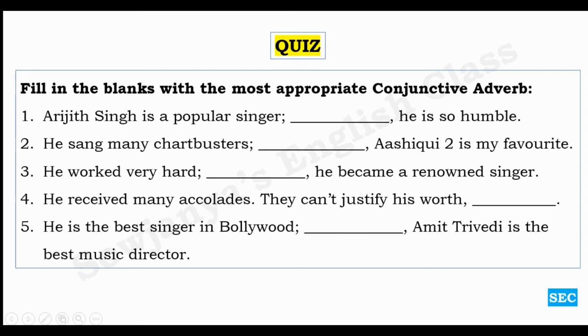If you see the first blank, first, second, third, and fifth one, there is a semicolon, a blank for a conjunctive adverb followed by a comma. And here in the fourth sentence, I have given two simple sentences. And at the end of the second simple sentence, I have given a comma, a blank for a conjunctive adverb, and then a full stop. So wish you all the best, dears.